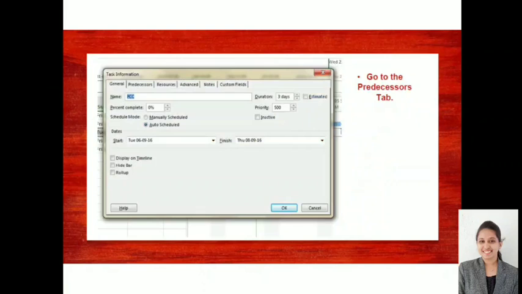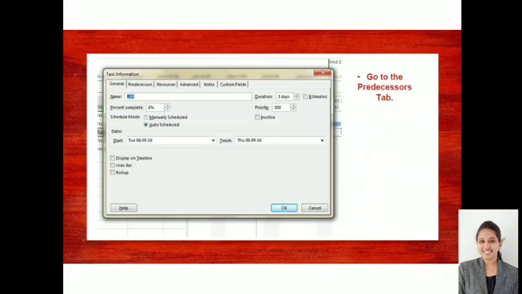In our prompt box, this is called the task information. In this task information we have the predecessor data you will be entering, the resources data, the general data, the notes, custom fields and all. Here you are able to see the predecessor for a particular activity is showing as PCC.